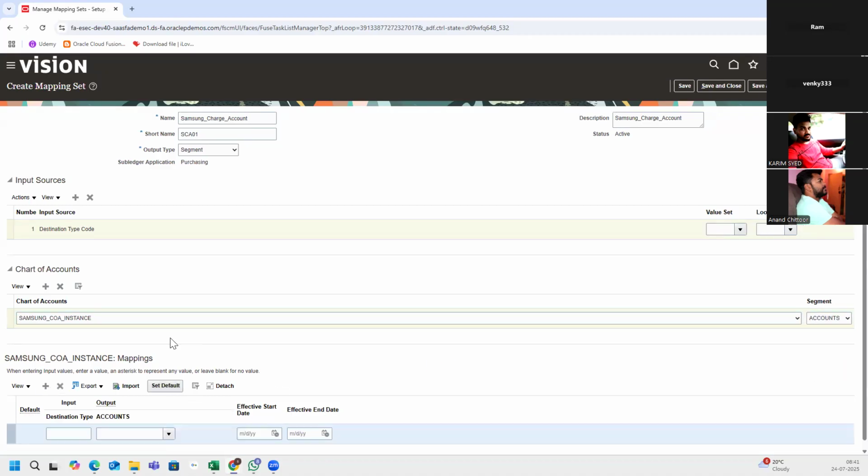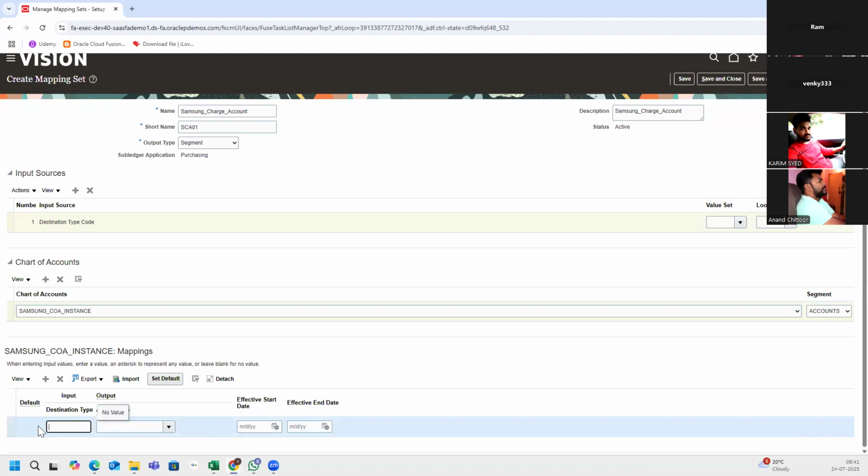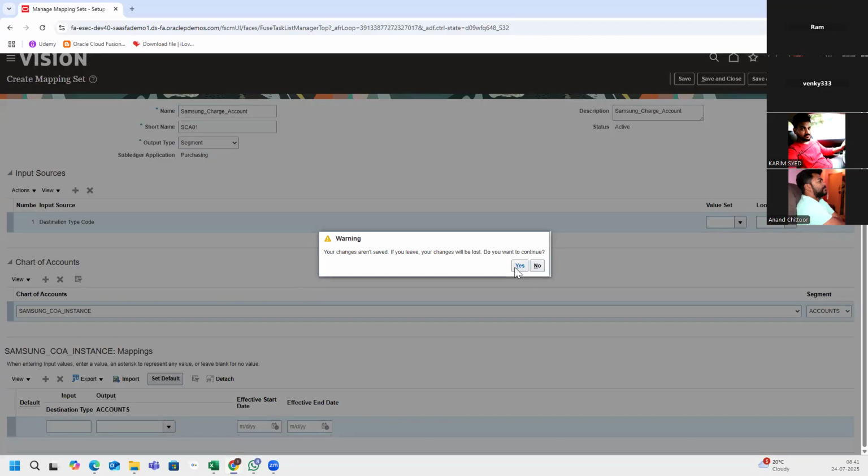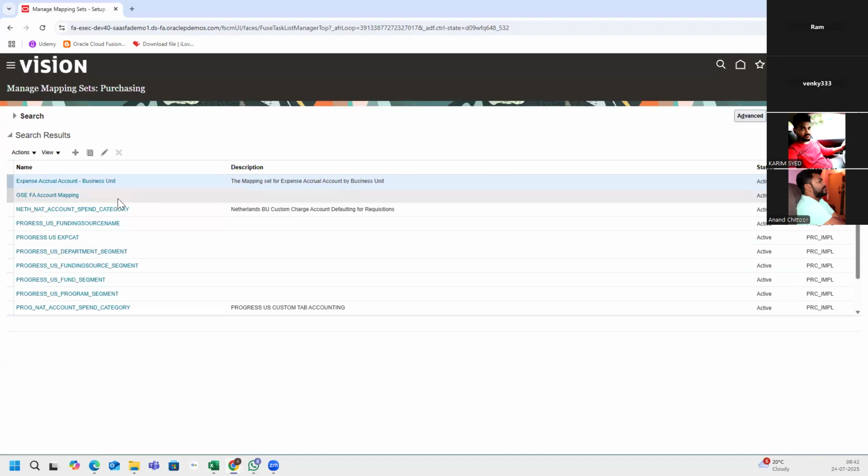Click on base. No, I need to write a condition. Okay, I will come back to this tomorrow. Some reason it is not showing me existing conditions. If I click on anything,